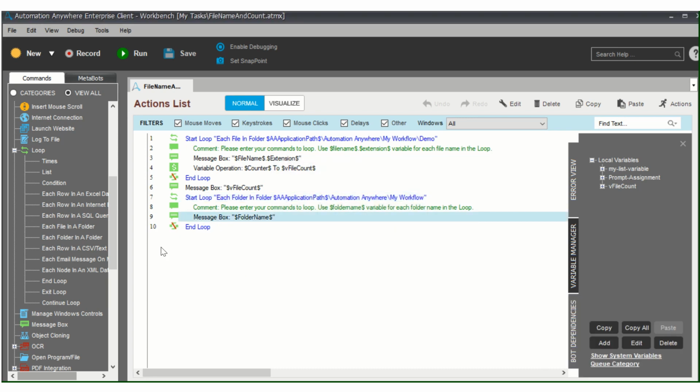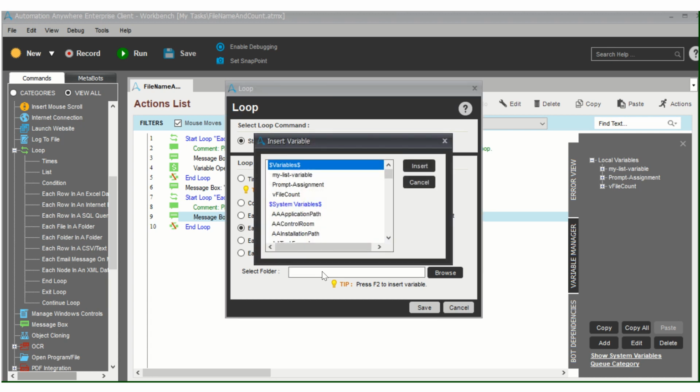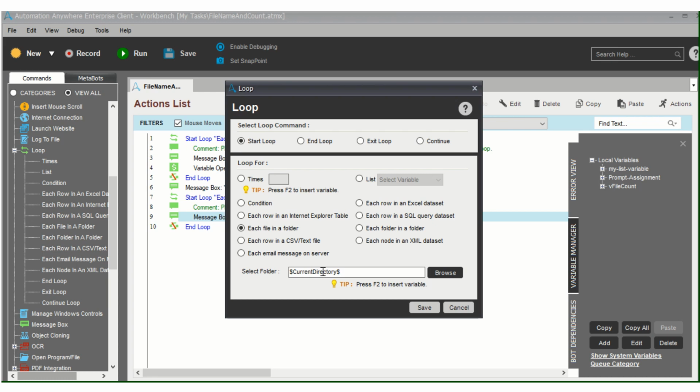So now let's find out the number of files inside every folder. So what we have to do, we have to again use this each file in a folder. Okay, so now let's say this. Let's use this current directory which will give me the current directory path till my workflow.